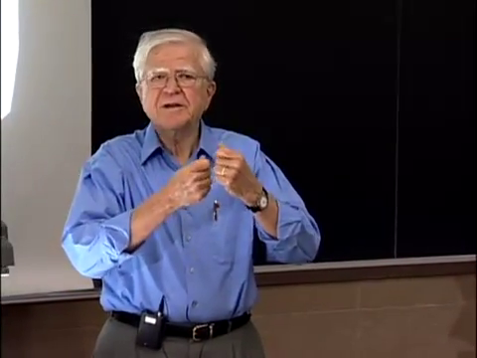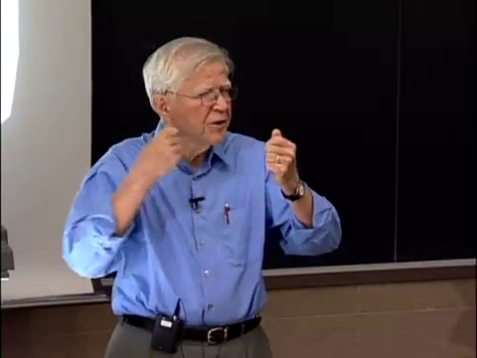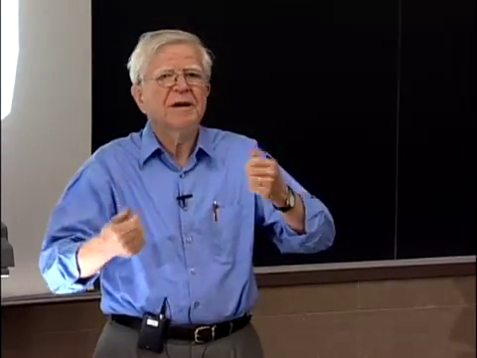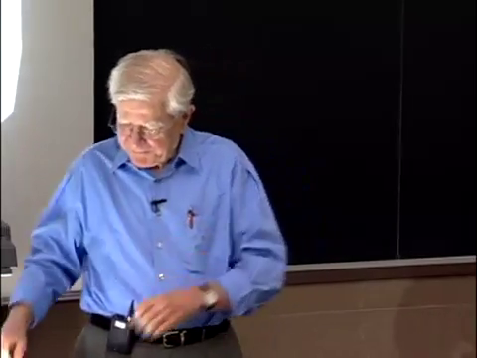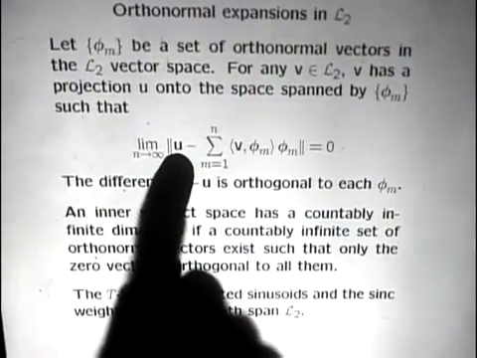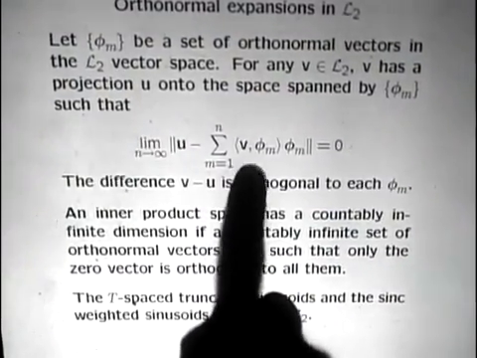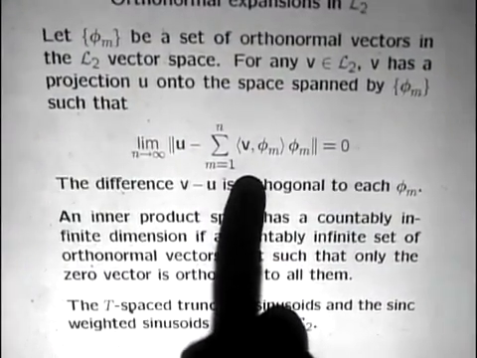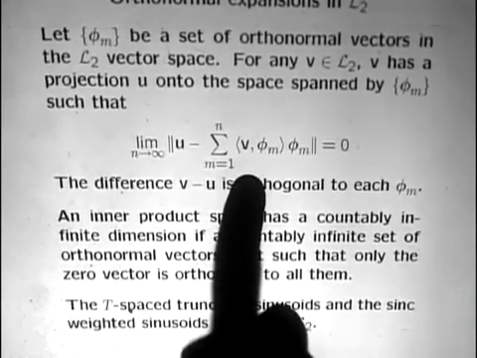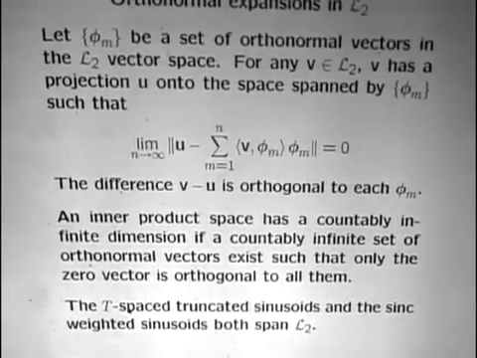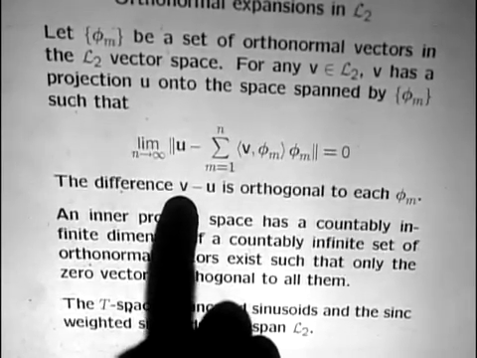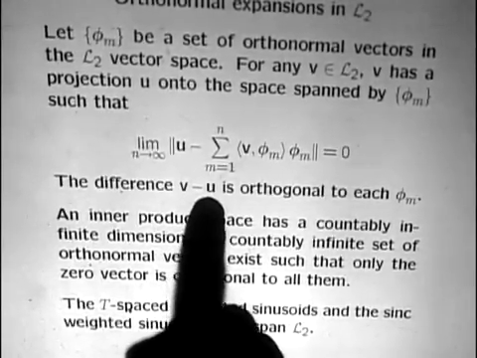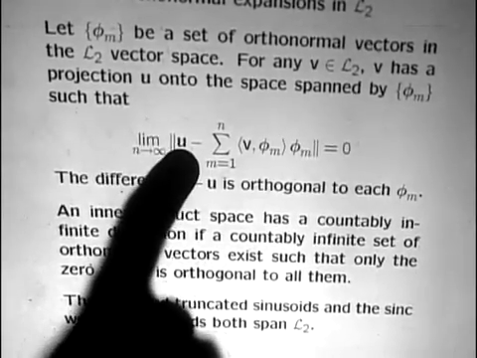Then we found the part of the waveform that was orthogonal to the first waveform. That gave us our second waveform. What we're doing here is different: we're starting out with the orthogonal sequence to start with. Okay. Anyway, the thing that we showed was that the vector we start with minus this approximation,